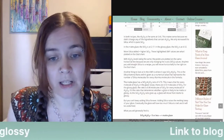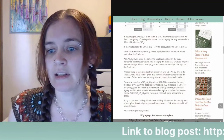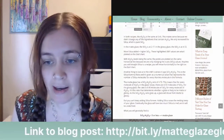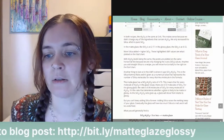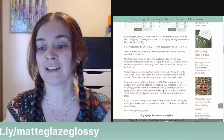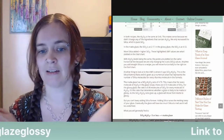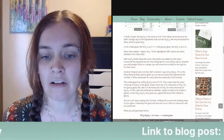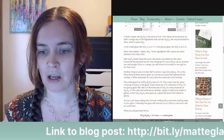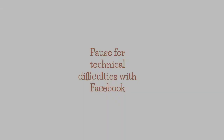With alumina levels being the same, the points are plotted on the same horizontal line because we are only changing the x-axis, which is the silica values. Anytime you add straight silica to a recipe, you will move horizontally to the right on the stall chart. Another thing to look at in the UMF is where it says the silica to alumina ratio. So